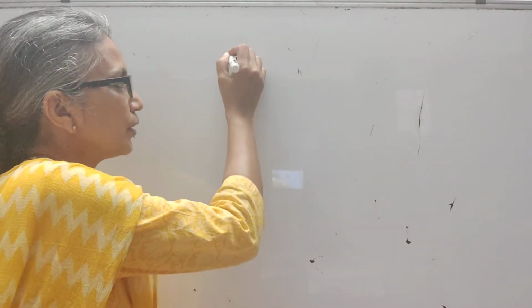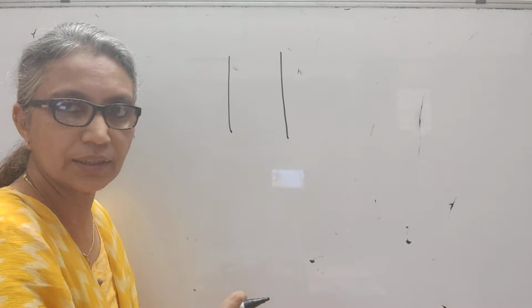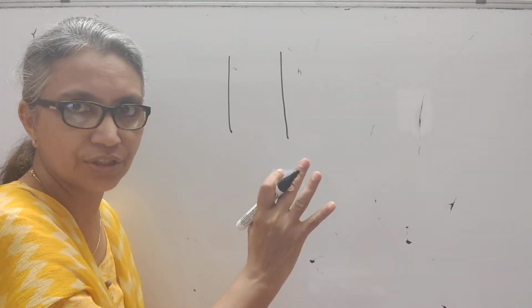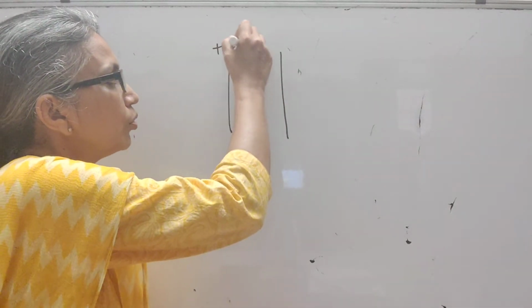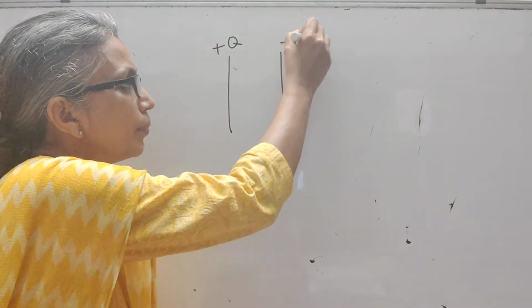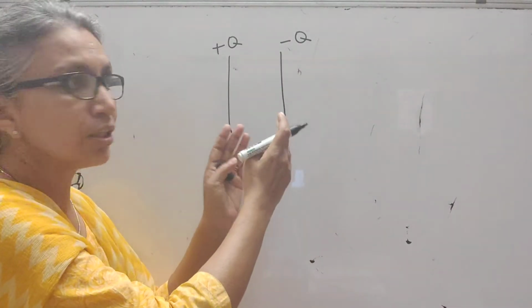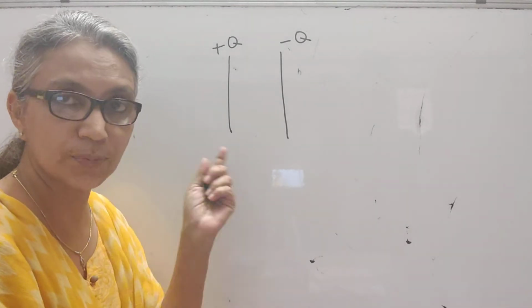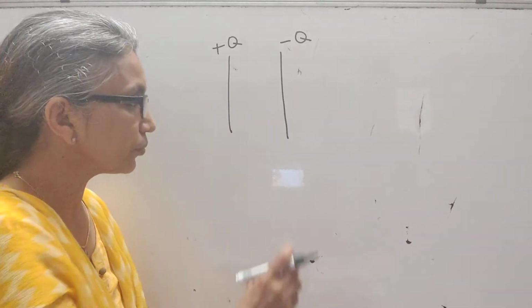Now in your capacitor, the parallel plate capacitor, we have two parallel plates. Let's say initially at start they have zero charge. They are not charged at all. We are going to charge it to plus capital Q and this has to become minus capital Q, because capacitors are two parallel plates charged to equal magnitudes but different sign. One is positive, the other is negative, separated by a distance d.